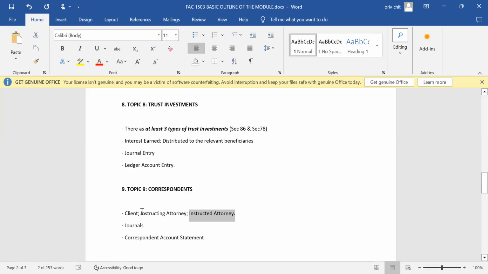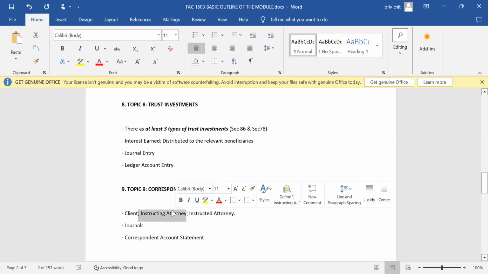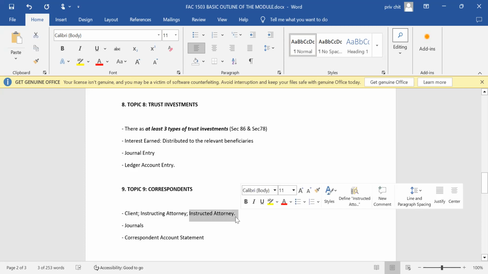One is the client that needs the service to be done. They'll approach a particular attorney to perform the service on their behalf, but the service the client wants will be offered in a separate location where this instructing attorney does not have offices. So this instructing attorney would instruct the instructed attorney elsewhere to perform the service on their behalf.